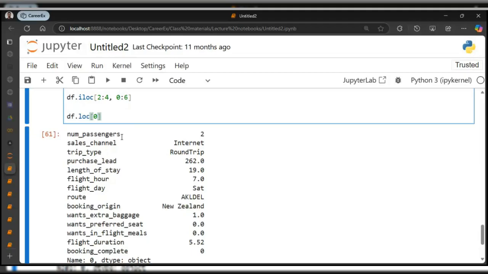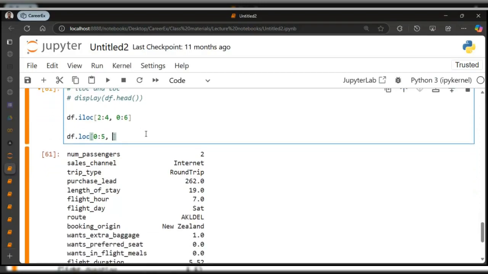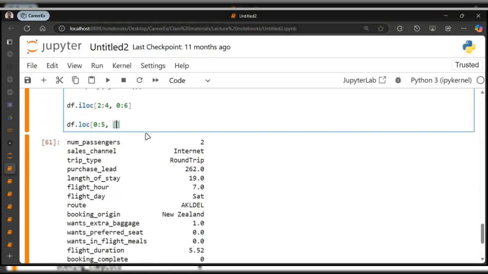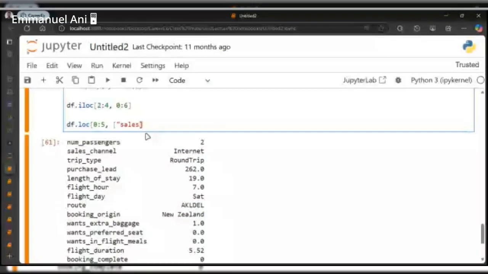So assuming I changed my row index label to something custom, right? Let's say each customer or each row has a unique ID. That unique ID is what you're going to use in this particular case, all right? So let's just continue with the integer index label. I come in and say 0 to 5 for my row. And I say I want a specific column. Let's say I want 2 columns. I'll come in and say sales channel,